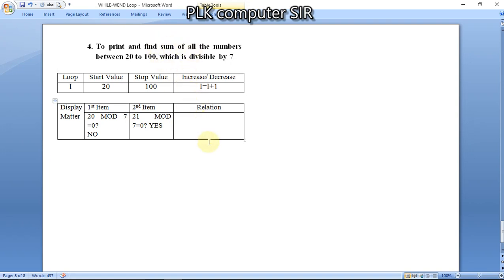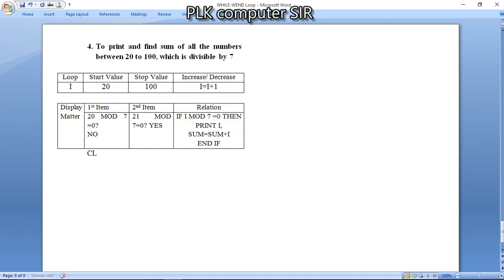Then we will use if I mod 7 equal to 0, then we will print the I variable. Then we have to get the sum also. So sum equal to sum plus I. If the condition is true, then only it will find the sum, otherwise not.